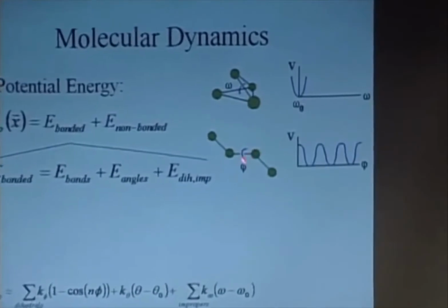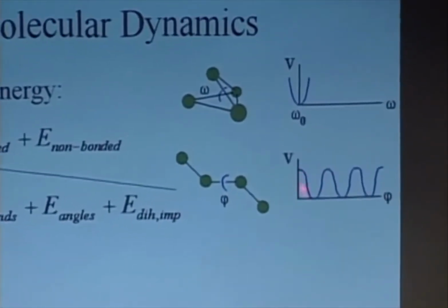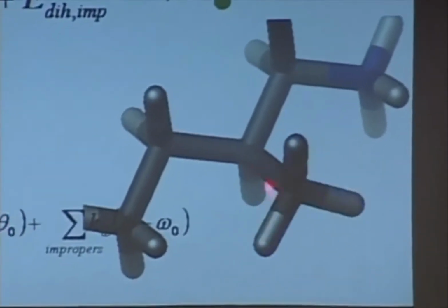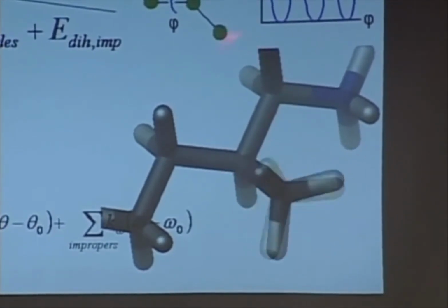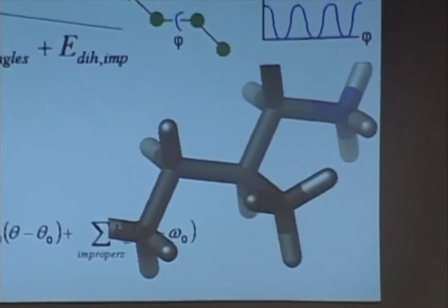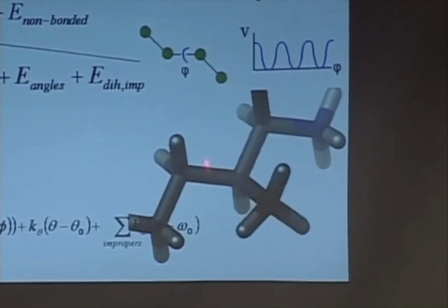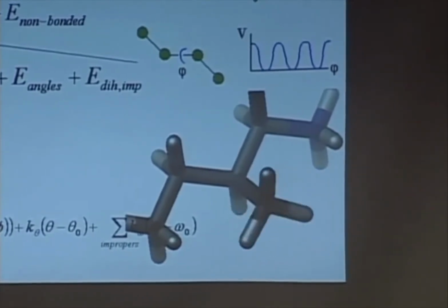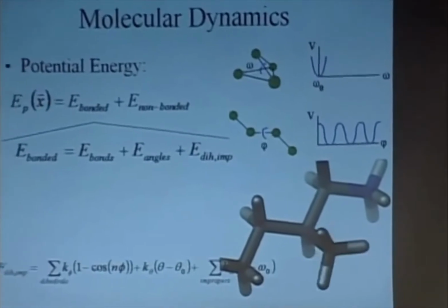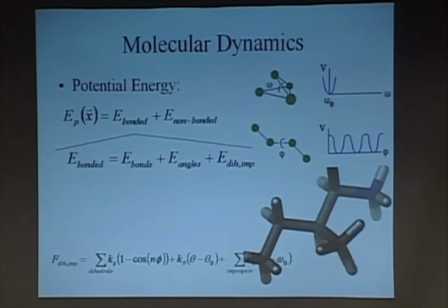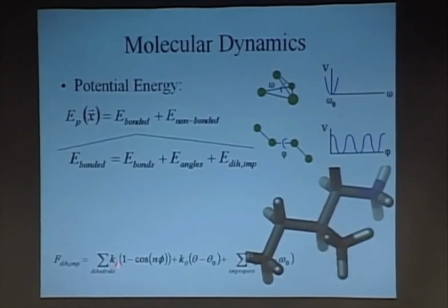And this energy term has a cosine form. So as you rotate along this bond, the energy will vary sinusoidally. And there will be a restoring potential that will tend to make the atoms either align or sometimes stagger. All of these parameters are very molecule and atom dependent, and they have been built over many years by different methods like ab initio calculations or experimental calculations. But basically, if you plug those parameters in, for example, here K represents